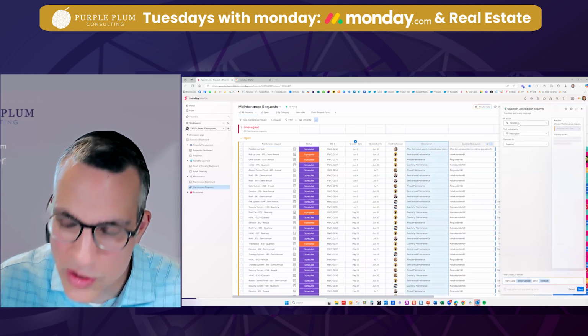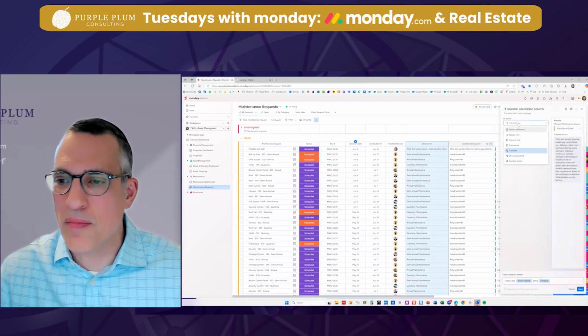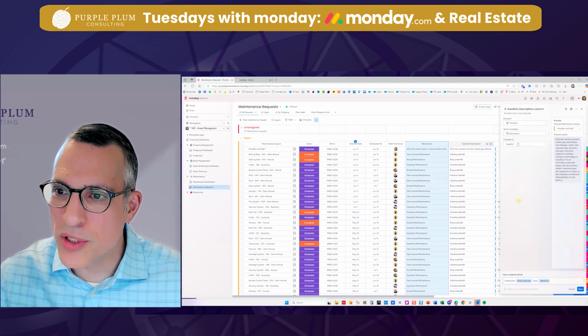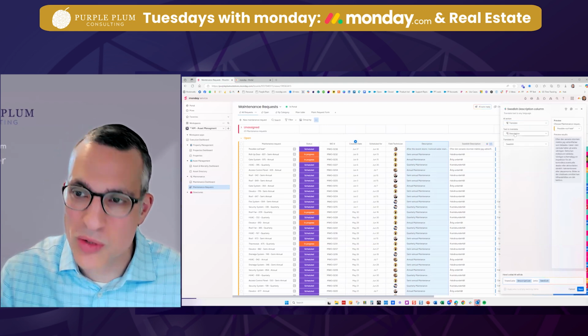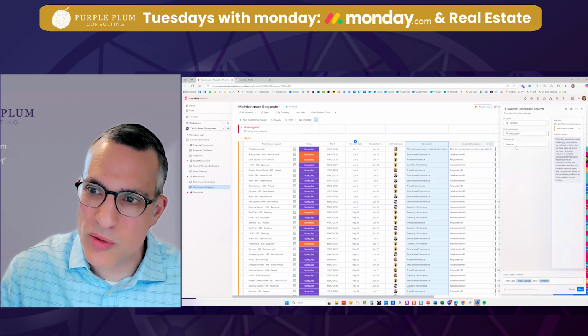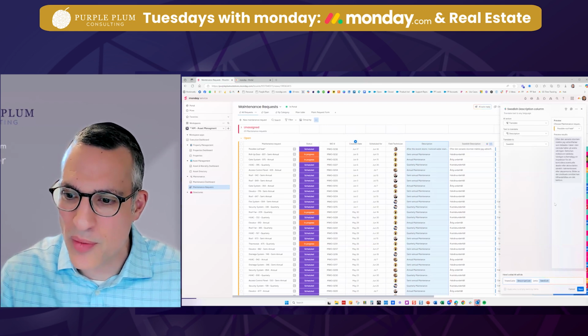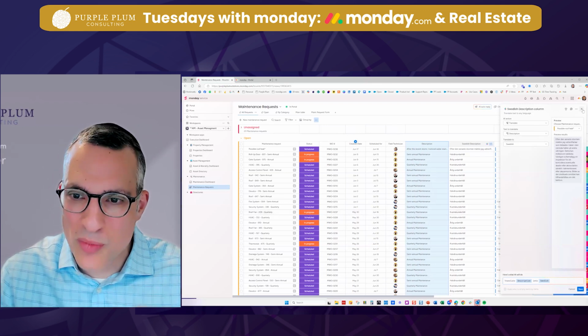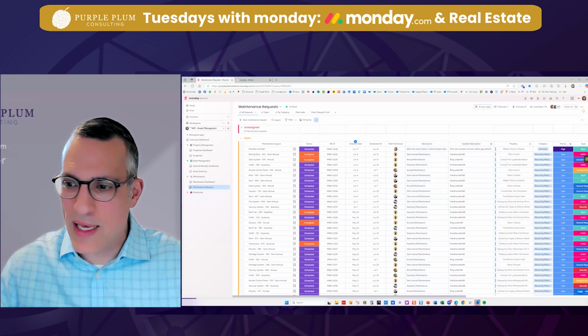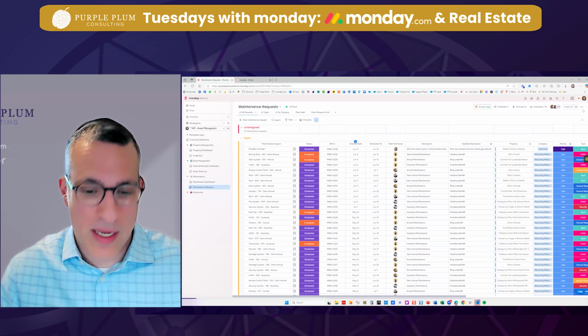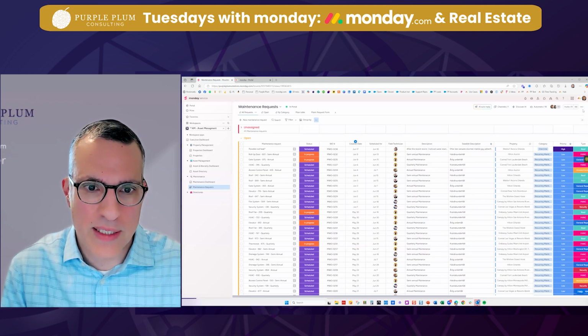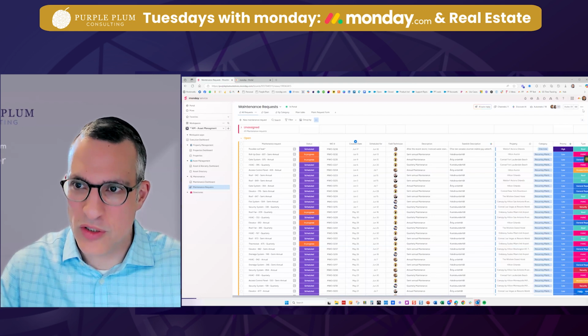We take it, we're using the translation aspect of Monday's AI. What do we want to do? We want to apply it to the description, which is the English description. What do we want to do with it? We want to translate it to Swedish, and there we go. So very small example, but this is really happening everywhere throughout the platform, and really taking Monday and service to the next level.